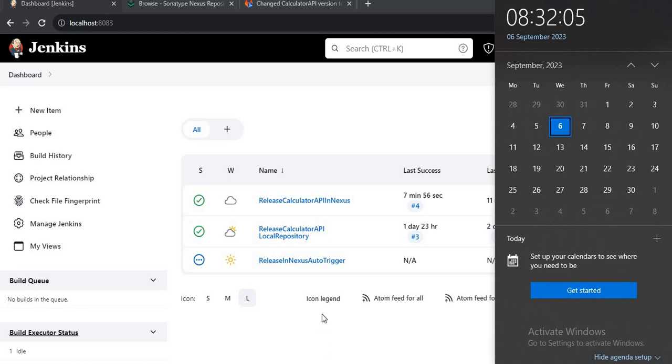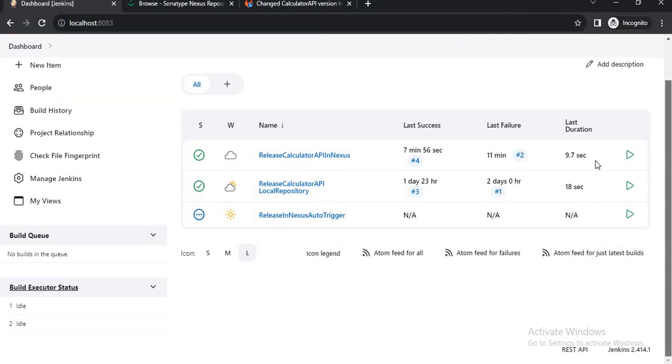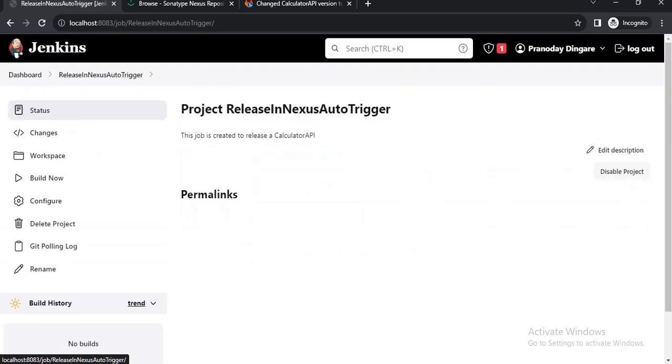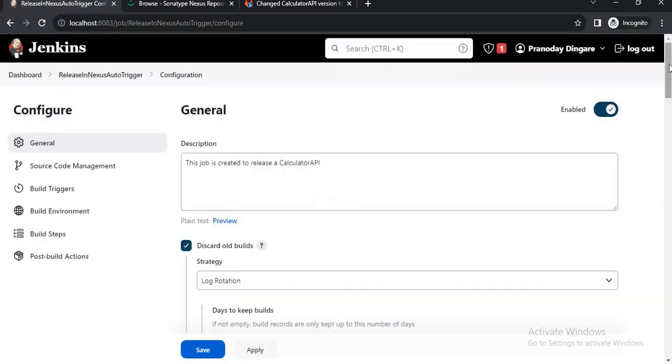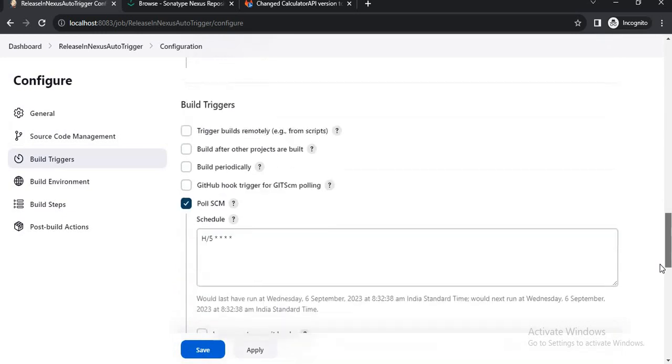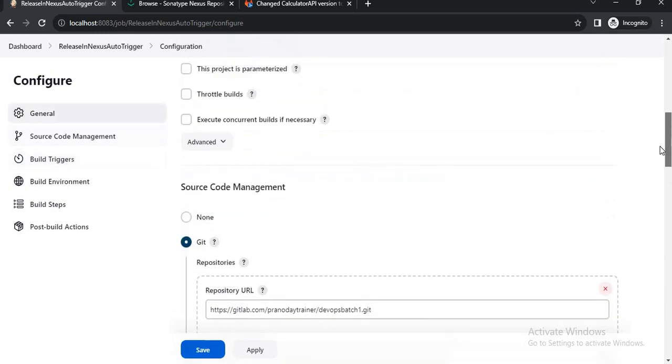Let's wait for a few more seconds and then it should start the job. Let me check the exact time. It's 32:38.